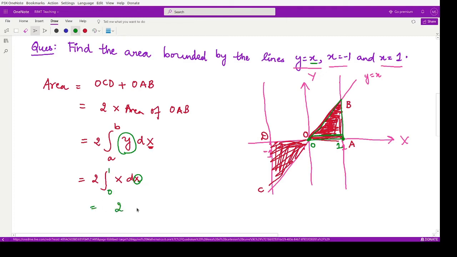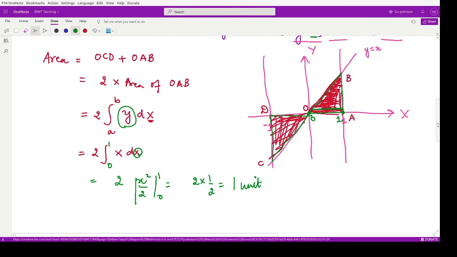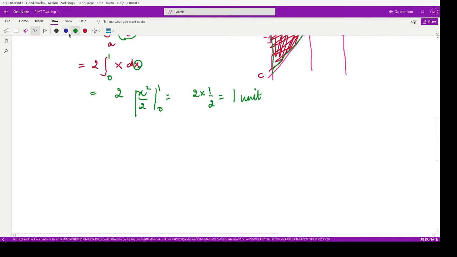So this is the simple integration. Its integration would be x square by 2, so it is equal to 2 into 1 by 2. So the answer is 1 unit. The area of this particular region, that is equal to this both shaded region, is equal to 1 unit, right? So the next is how to find the area